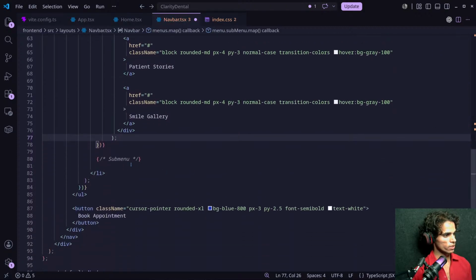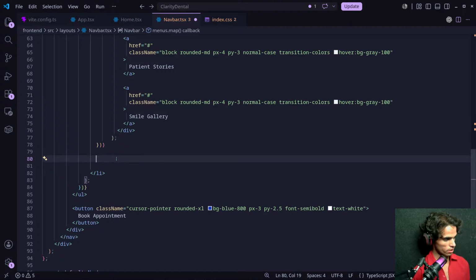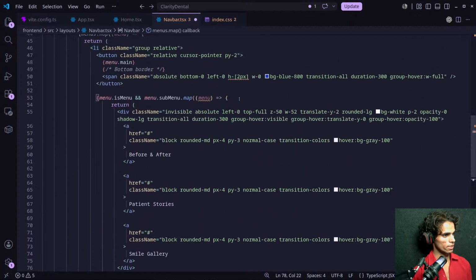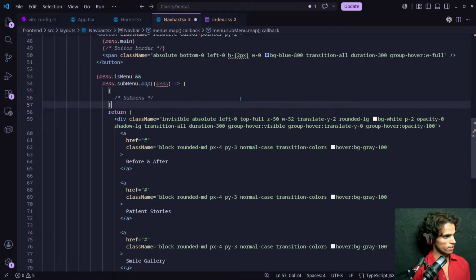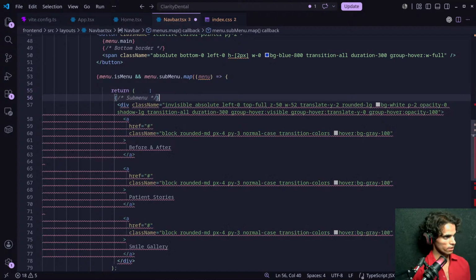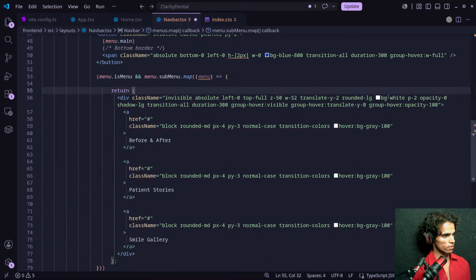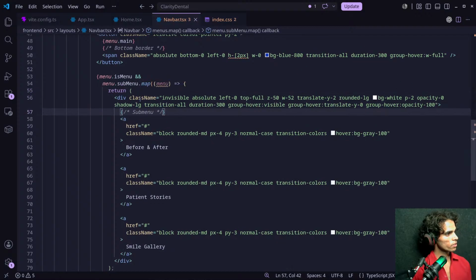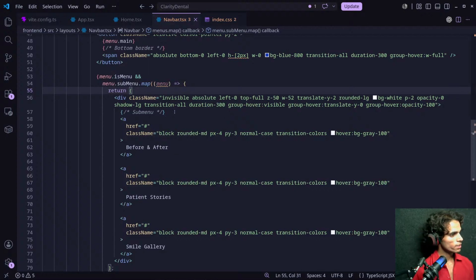And one thing I would also like to copy it, and let's write it here rather than like this. It's better to write it here. Okay, so if there is a menu, then we are going to show this. Okay, this is great.